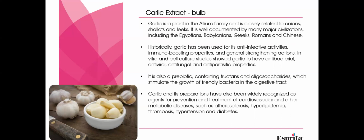Okay, so our next ingredient is garlic extract, and this is coming from the bulb. So garlic is a plant in the allium family, and it's closely related to onions, shallots, and leeks. It has been well documented by many major civilizations, including the Egyptians, Babylonians, Greeks, Romans, and Chinese. And garlic is really known for so many different benefits. So here we're looking particularly for cardiovascular health,